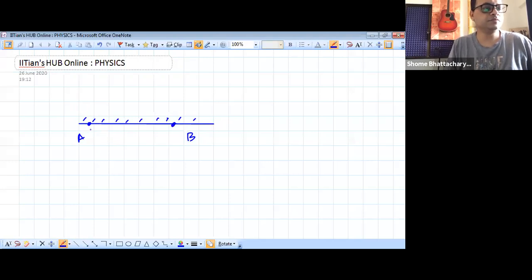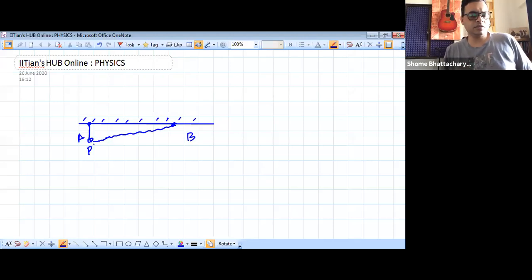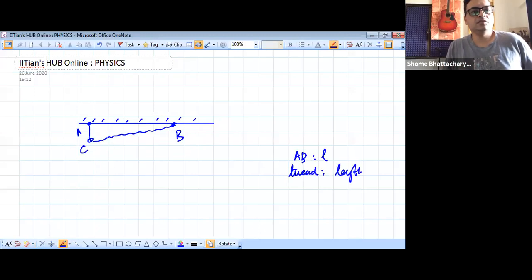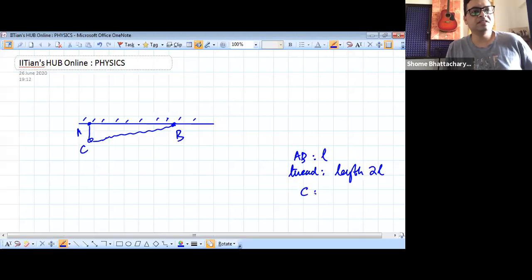and we have a bead kind of thing. Okay, so this bead is labeled as C. And the distance between the points AB is L. So that distance AB is L, and there is a thread of length 2L attached between those points, and C is a bead which is initially